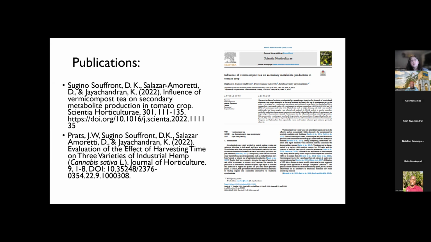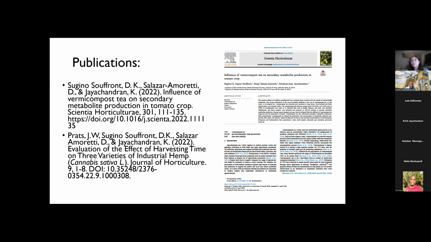And through GCMS analysis, I was able to see that vermicompost also changed the chemistry in the tomato plant. Since I did not measure the fruit, I only measured leaf tissues at this point. It actually increased the production of several secondary metabolites such as terpenoids and also waxy cuticles. Interestingly, one of the compounds that was significantly affected by vermicompost applications was a compound known as beta-phellandrene. This compound is actually responsible for that characteristic tomato aroma that you smell when you pass by a tomato plant, and it's actually a known neurotoxin for beetles as well.